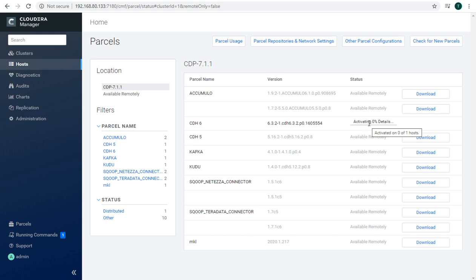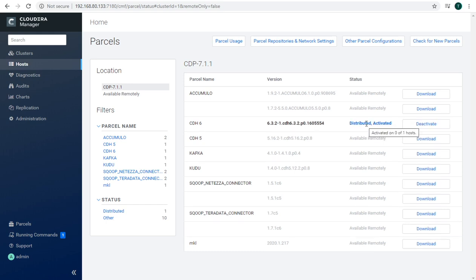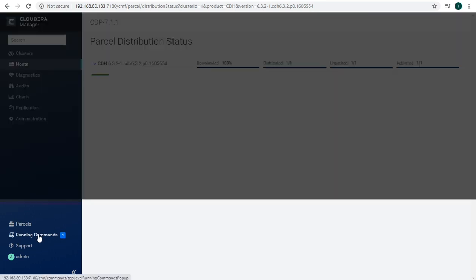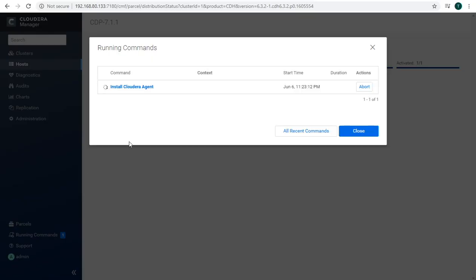Now it has been distributed and it is activating on the host we have. And now you can see this has been activated. Okay, now parcel distribution status has been completed. Downloaded is 100%, distributed, unpacked, and activated.